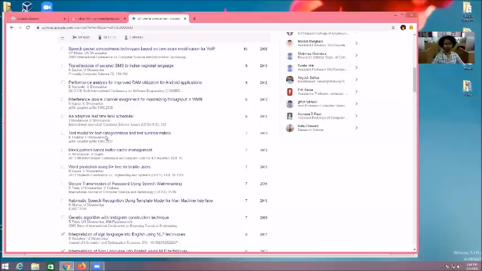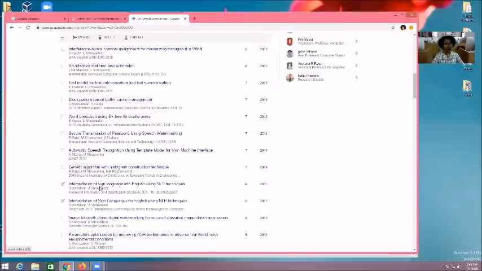No problem at all. And here Google is also not calculating double citation. Google is not counting the two papers, but it is only displaying two papers, because one is the SmartTech 2017 conference paper, and the extended version of that paper is published in a Taylor and Francis journal.